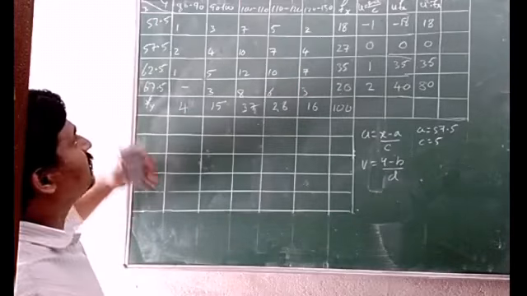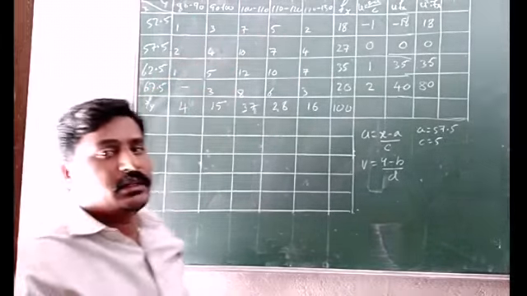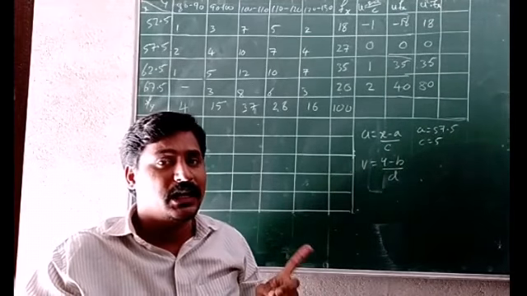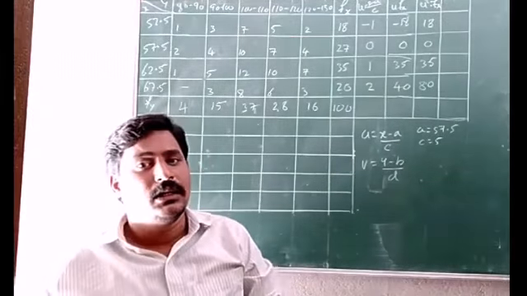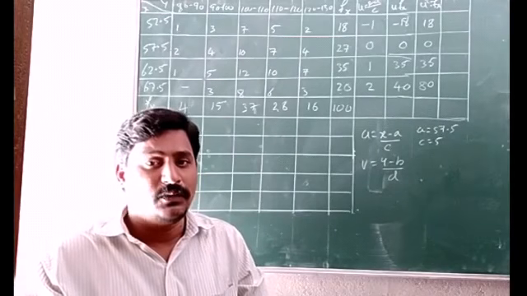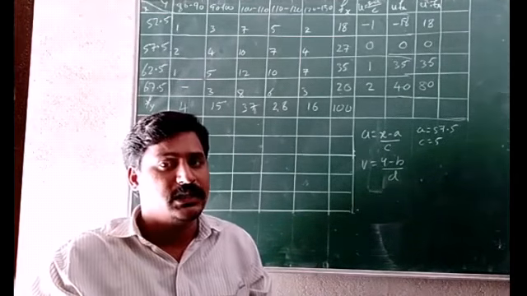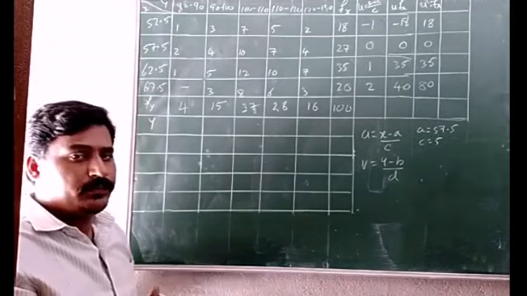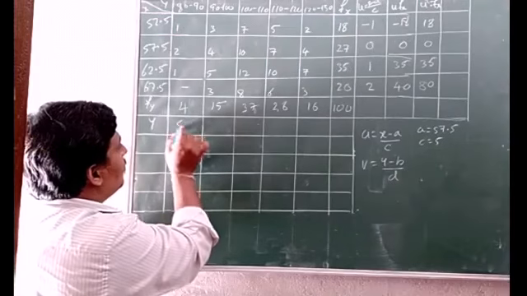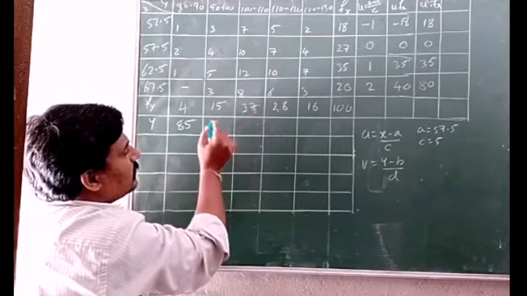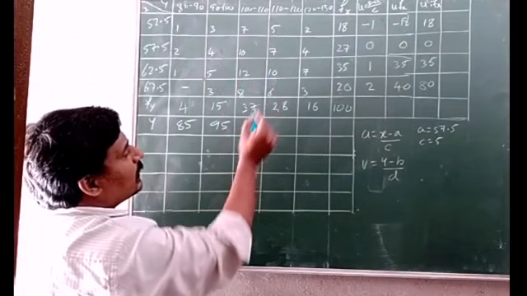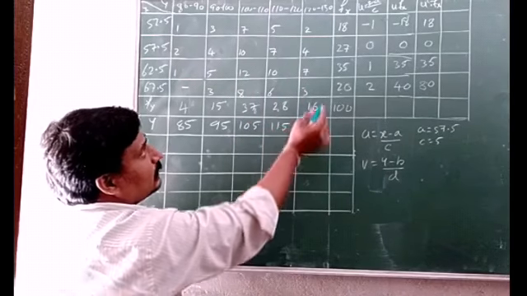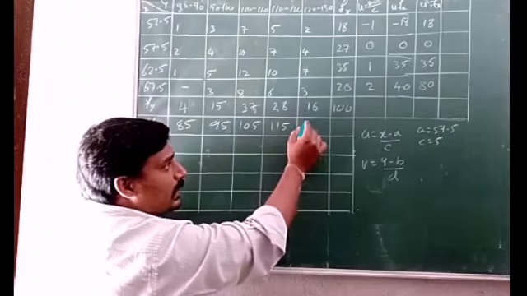Okay, so here first, as Y is a continuous frequency distribution, we have classes there. So we don't get Y directly. First we need to find what here? Midpoint of class intervals. So that we name it as Y. Here, so 80 to 90. The midpoint of 80 to 90 is 85. Then 90 to 100, 95. 100 to 110, 105. 110 to 120, 115. And 120 to 130, 125.